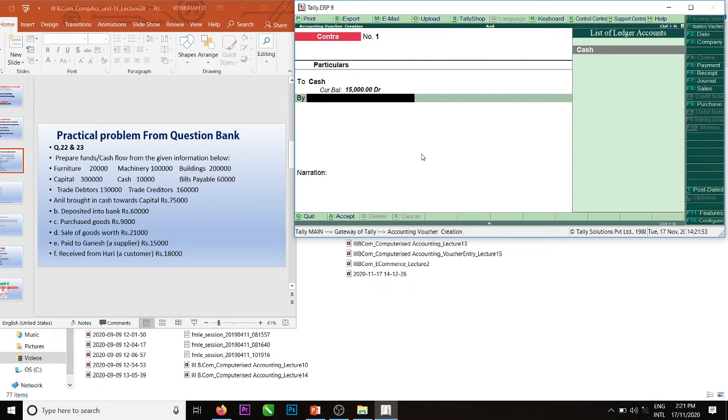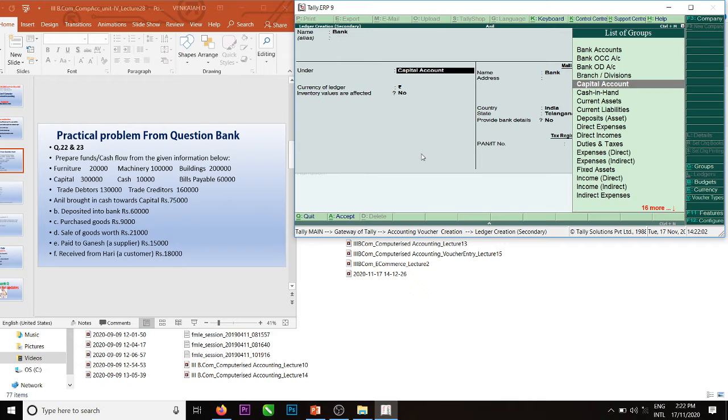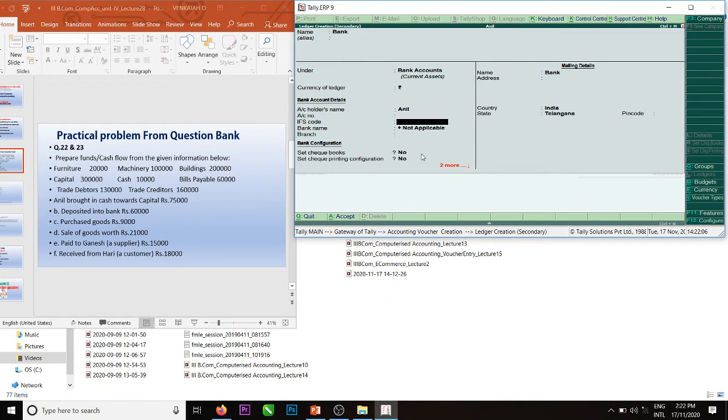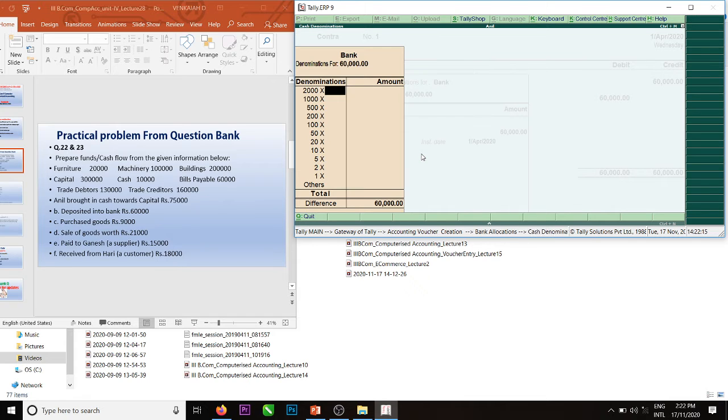And by bank, we don't have a bank account, that's why we have to press Alt C. Bank, under bank accounts. So the amount is deposited into bank.